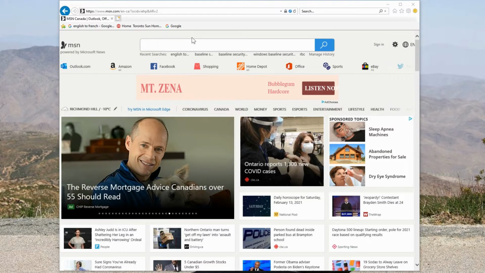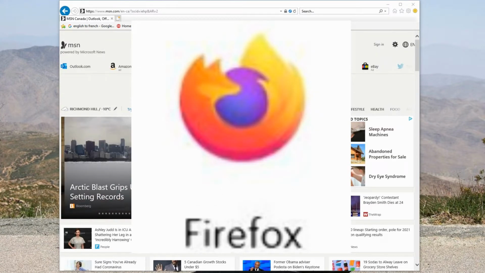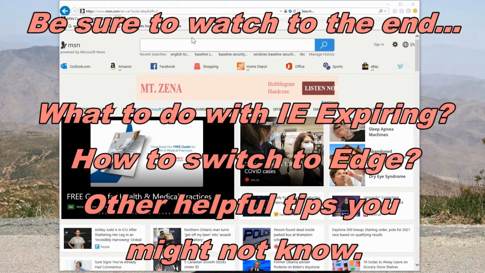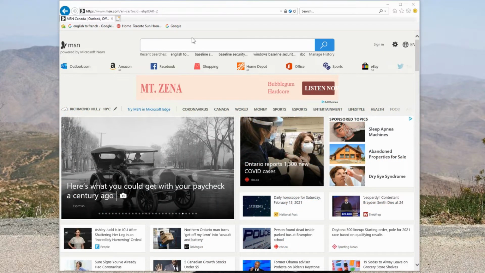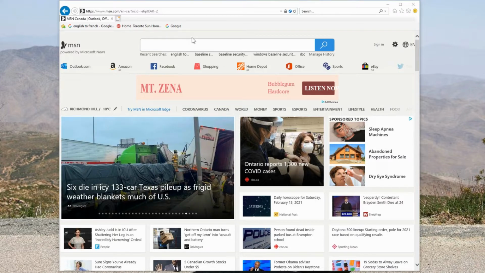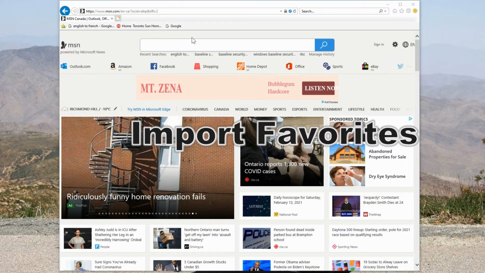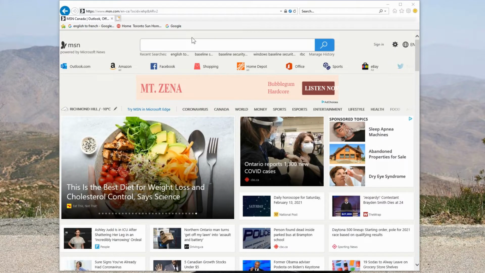Okay, so although there are other alternatives to Internet Explorer and Edge, such as Google Chrome and Firefox, which I've used all of these, and they can all work very well as long as they're up to date and supported. They are secure, stable, and can work well. It really just boils down to your personal preference. So you can switch from Internet Explorer to any one of those browsers or any others, there are far too many on the market to list. You can import your favorites, change your home page, and change your search settings, which I'm going to show you how to do all that here.